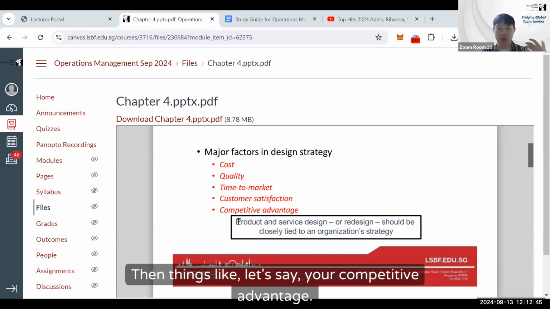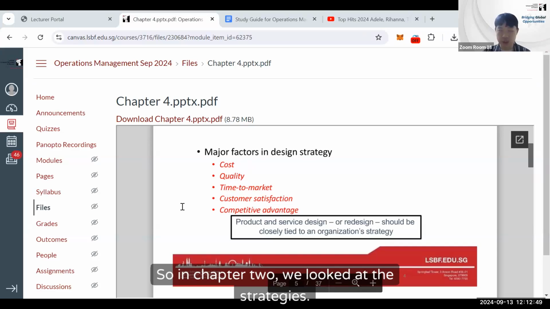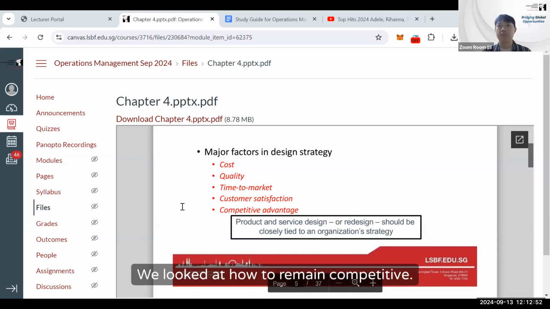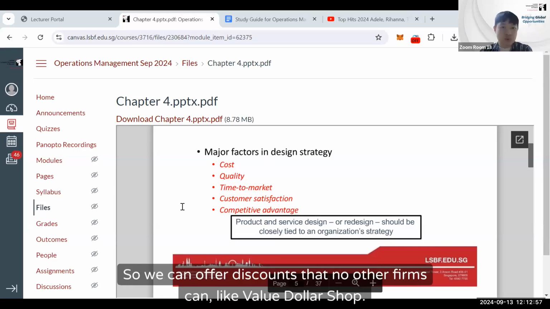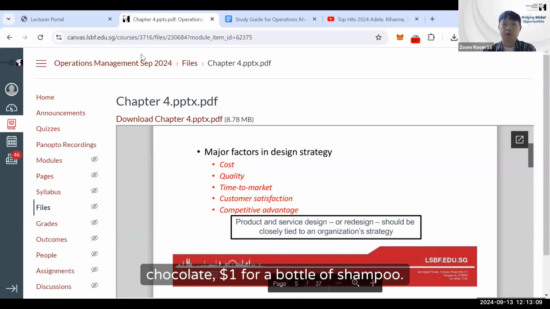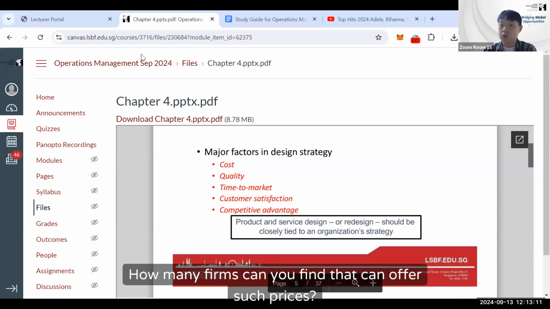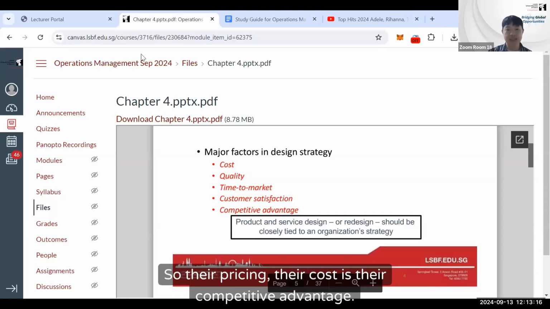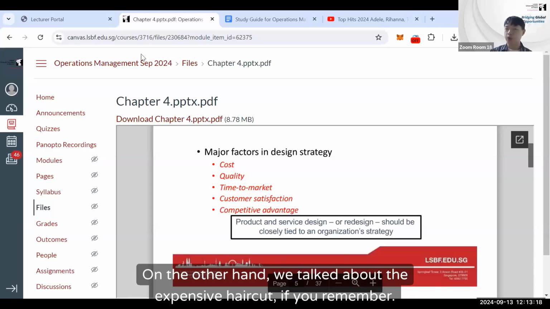Then things like, let's say, your competitive advantage. So in chapter 2, we looked at the strategies, we looked at how to remain competitive. It can be through things like your pricing. So we can offer discounts that no other firms can, like Value Dollar Shop. Value Dollar Shop can give very low prices for all the products. 50 cents for a bar of chocolate, $1 for a bottle of shampoo. How many firms can you find that can offer such prices? So their pricing, their cost is their competitive advantage. On the other hand,